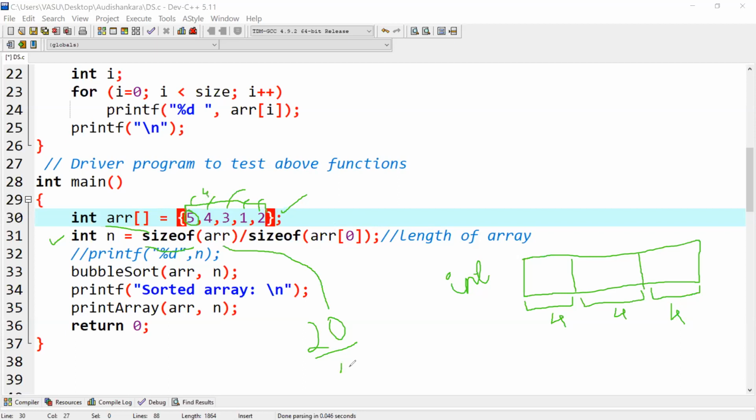So, I'll divide this by 4. So, what am I getting over here? I am getting 5 as my answer. Okay, I have 5 as my answer.